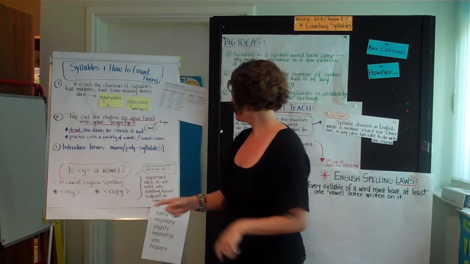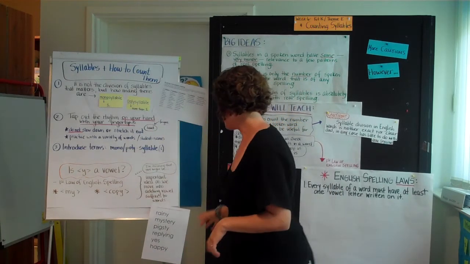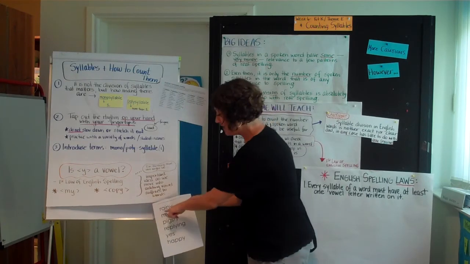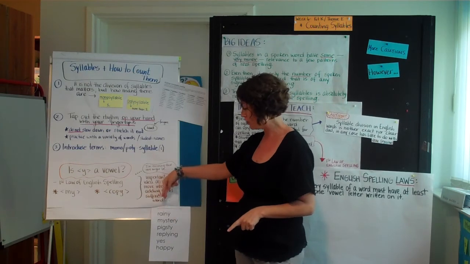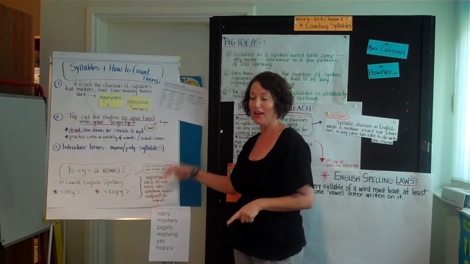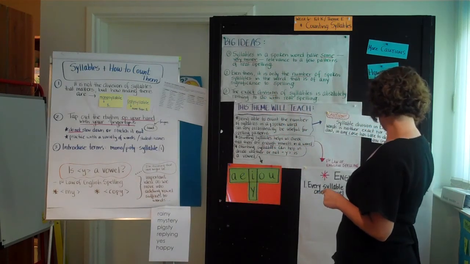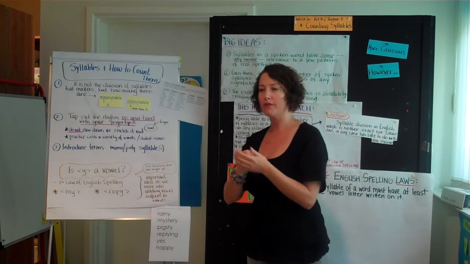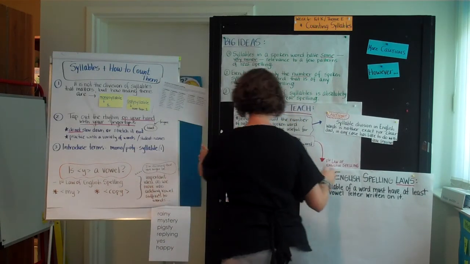You can test those out with these other words with your kids. These words here are also on the handout. This one, rainy, I thought was fantastic because not only does it have the Y, but it has 2 syllables, and 2 vowels in that first syllable. So you can talk about how this law says at least 1 within the syllable, and that these are working as a pair. It can reinforce some of that digraph stuff. Okay, I'm moving quickly, but the next thing that we have is a bit of